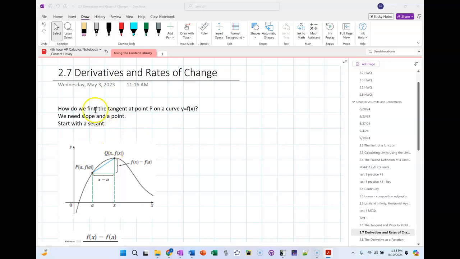Well, the idea is we're going to start with a secant line. So I'm going to pick some arbitrary other point Q. So if I calculate the slope, that's going to be